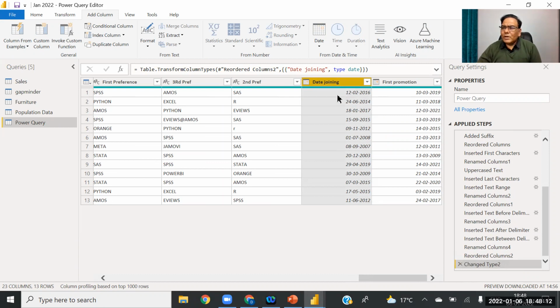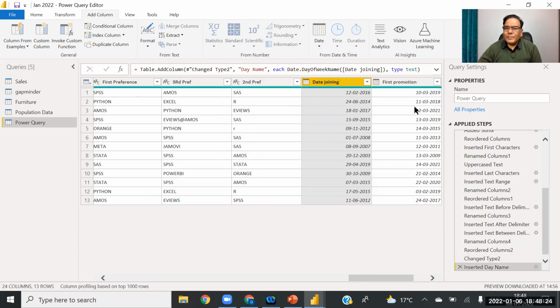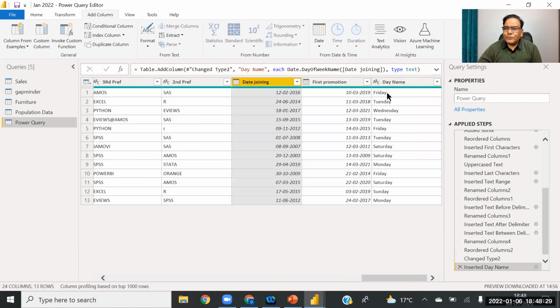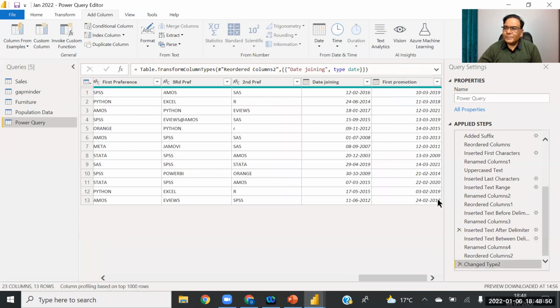Now I want to convert the date into the name of the day. So I want Day and Name of Day. The software will tell me that this date is Friday. This date is Tuesday. This date is Wednesday. How easy it is to convert a date into a day. You can convert the date into a day very easily, within 1 minute, within 1 second rather. So let's delete it. Okay, let's see some more functions.